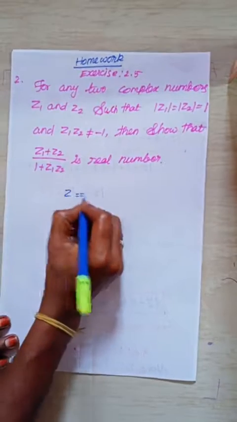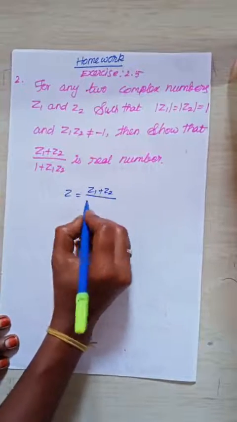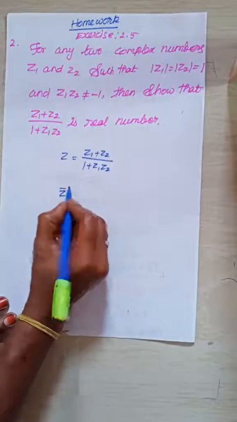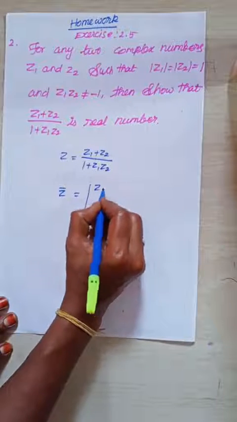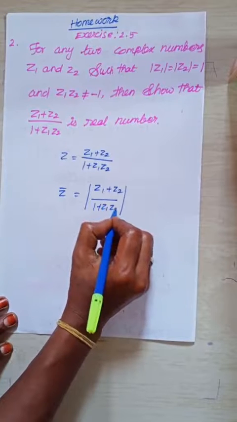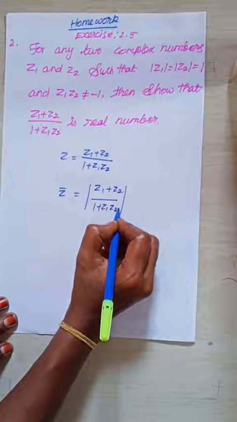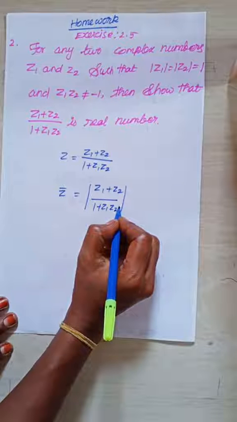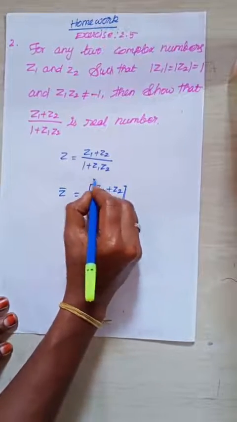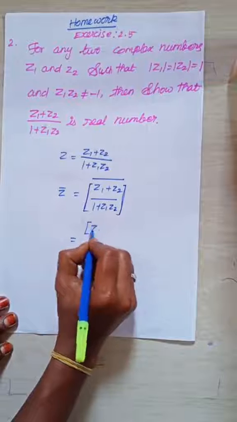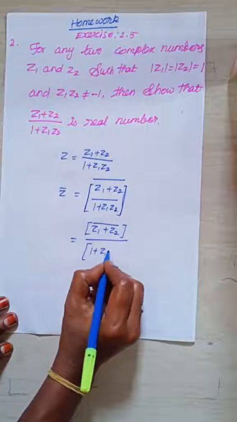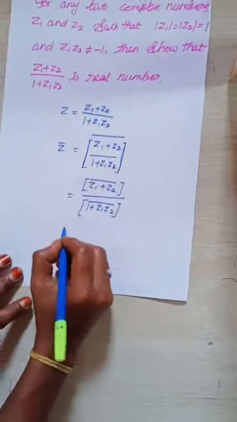Now let z be equal to (z1 plus z2) by (1 plus z1 into z2). Take the conjugate. So z bar is equal to the conjugate of (z1 plus z2) divided by (1 plus z1 z2). Taking the whole bar, z1 plus z2 whole bar divided by 1 plus z1 z2 the whole bar, which is equal to